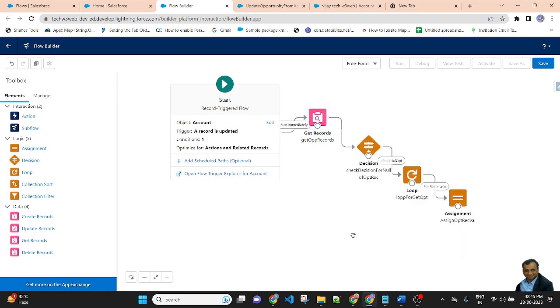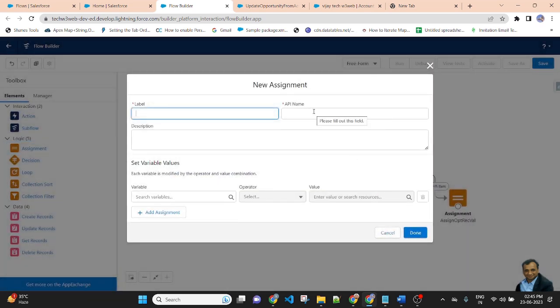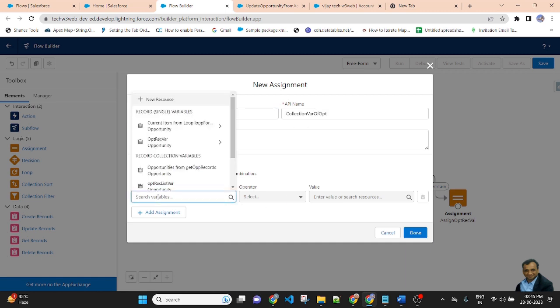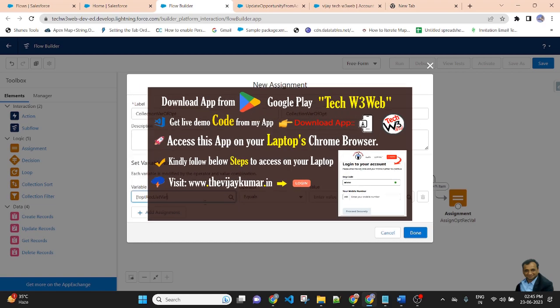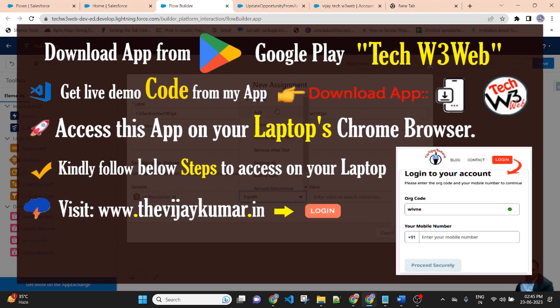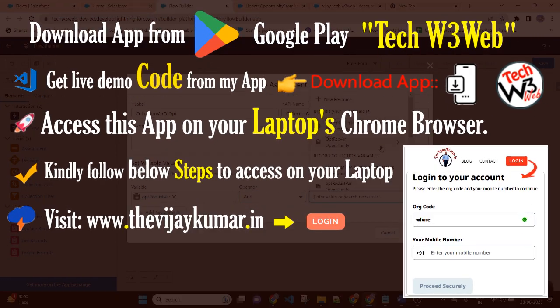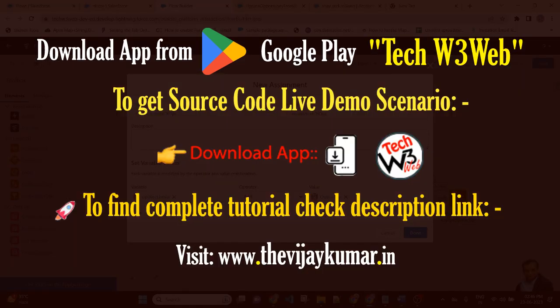After that, I will add a new assignment, a list of the collection variable. Collection variable of OPT. So here list OPT, that is the variable name, and add equal to OPT opportunity record. Nothing special, simply pass the opportunity record variable.